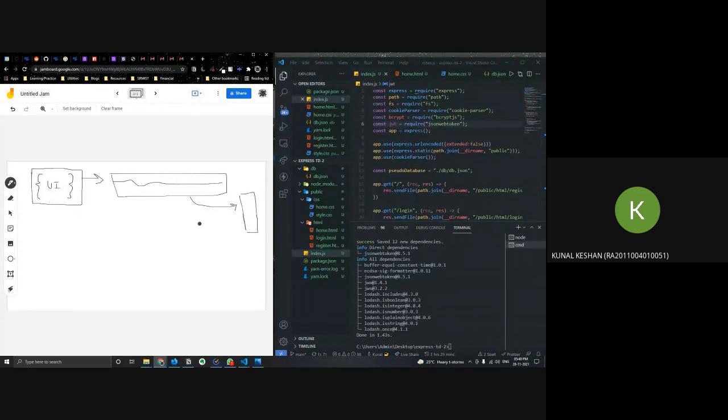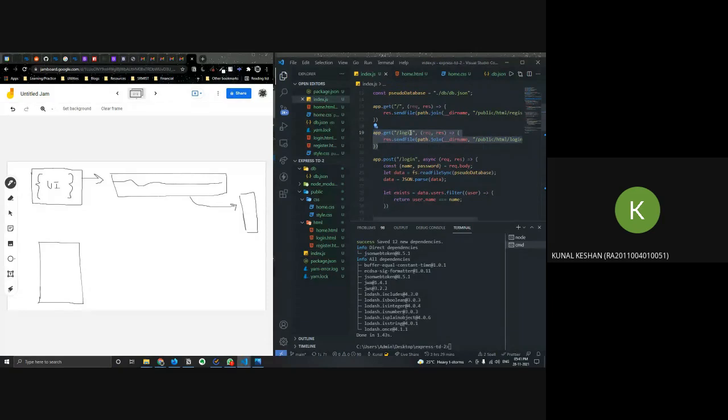And suppose the user comes to the login page. So they put in a GET request to slash login. Whenever you put in a GET request, or any request in general, all the browser information is sent as headers, and in the headers you have the cookies. So whatever cookies I have in my browser are sent to the server. So we put in a request to the login page, and we get the login page, but before we even get it,